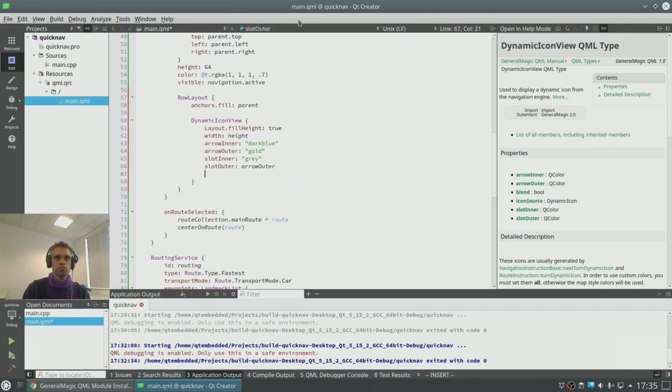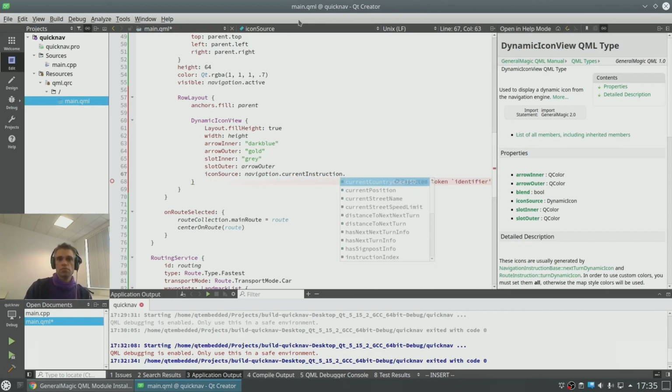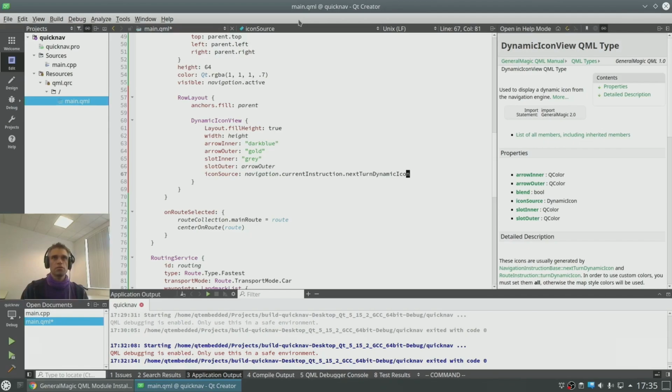There we go. And then of course we need our icon source. Icon source, there it is. That comes from navigation current instruction, next turn dynamic icon. There it is. Okay, so we have our icon.